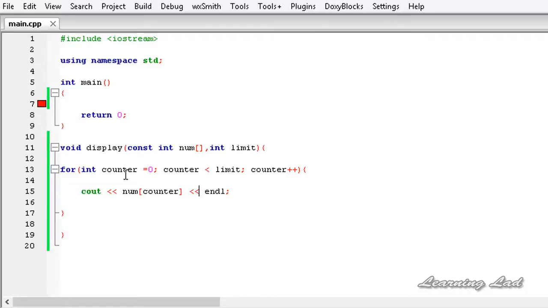Okay, now we have written a function called display, which is going to display